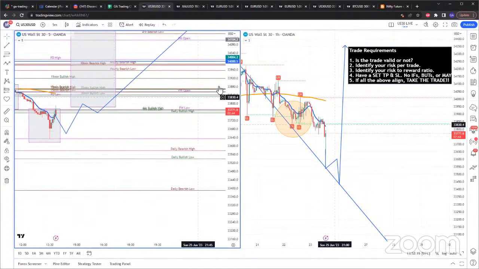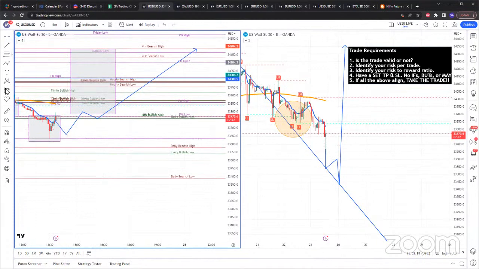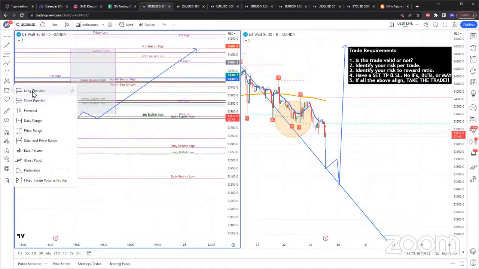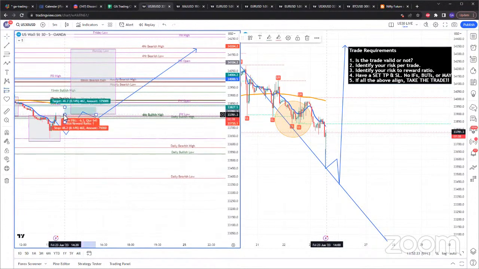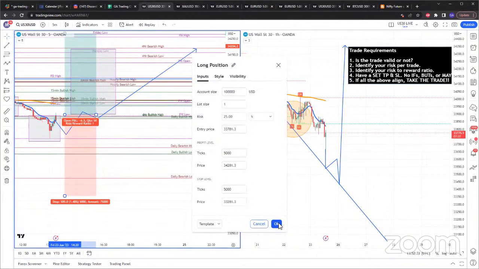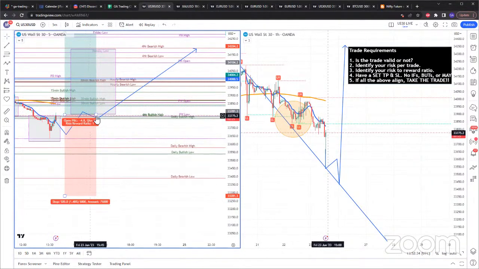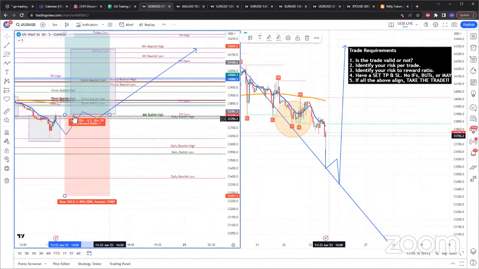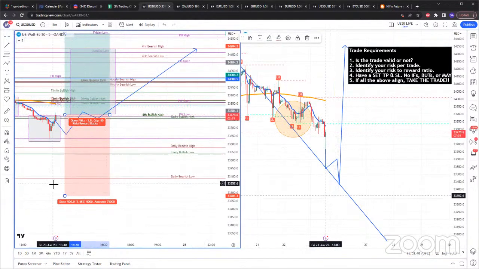Now the question is, do you want to hold a trade for that long? For me, if I'm going to enter this trade, let's try this, this would literally be a swing trade. That would be the trade. I wish we did have buyers around here, but unfortunately we do not. So this is the trade that I would take.